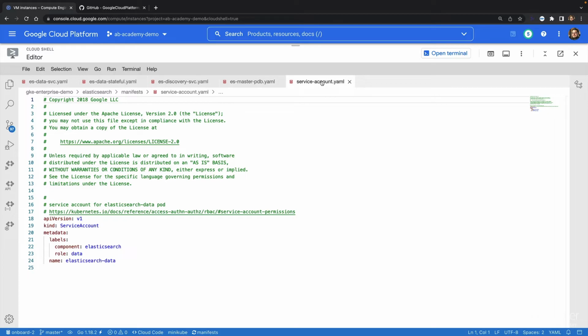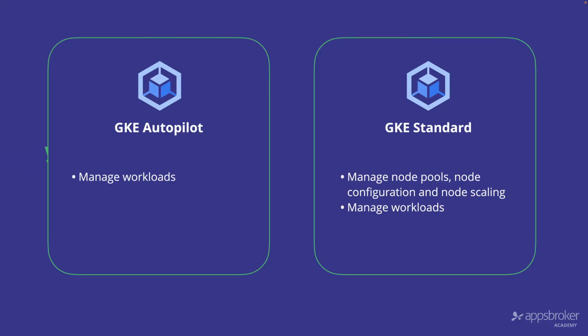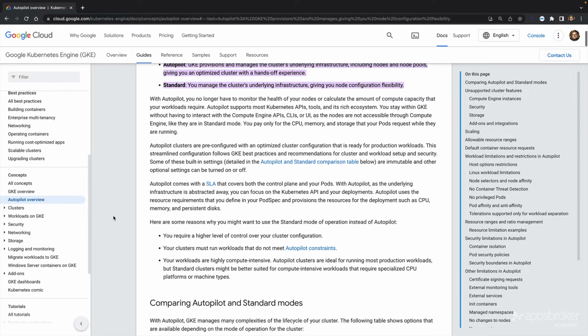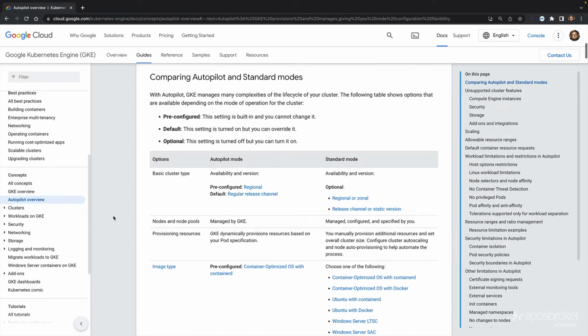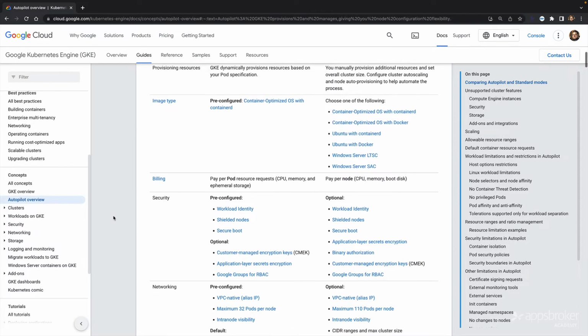Again, the main difference is with GKE Autopilot that we just run the workloads. Essentially, we're deploying pods, and we're letting Google worry about running our nodes, making sure they're big enough, making sure we've got enough of them, and so on. So why wouldn't you just use Autopilot for everything? Well, there are some differences between GKE Standard and GKE Autopilot. Some of these are very good. Some of them might be constraints for you, depending on your circumstances.